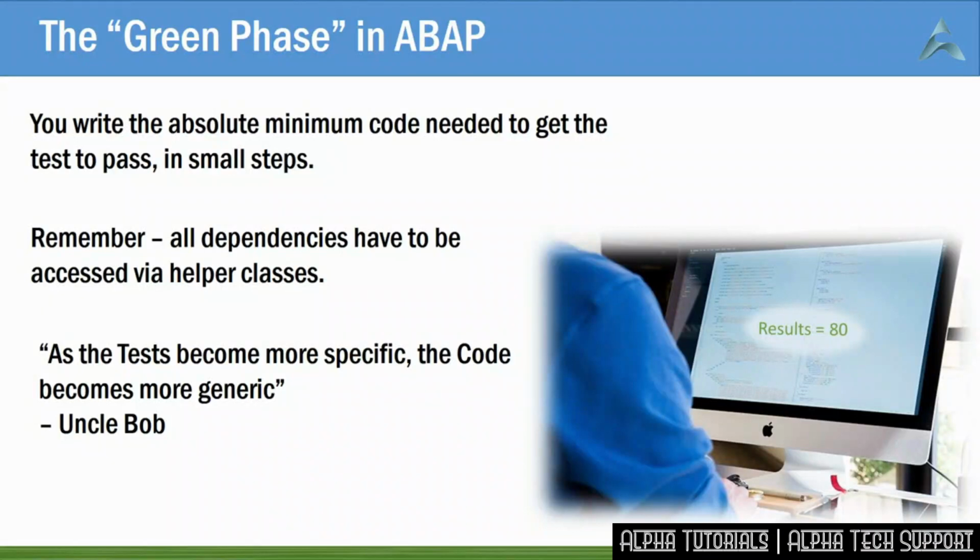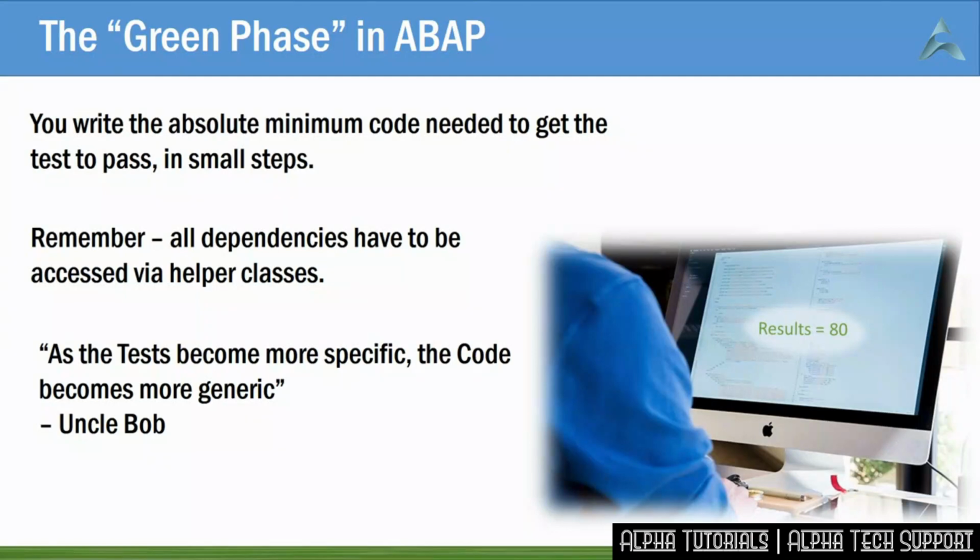For example, the last error message said the method in the class under test did not exist. So the obvious step was to create it, which is what we did. It's important when you're actually writing the production code that all the dependencies must be accessed by a helper class. That is, there must be no direct select statements to the database, no calls to a pop-up to confirm or get user input. All such calls must be wrapped in a helper object, otherwise you just cannot do automated unit testing.